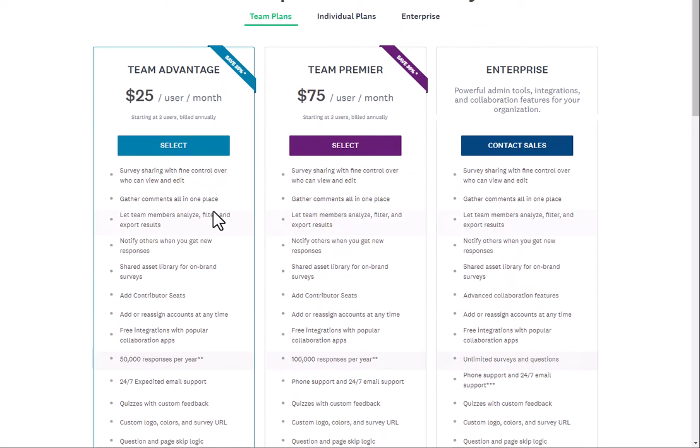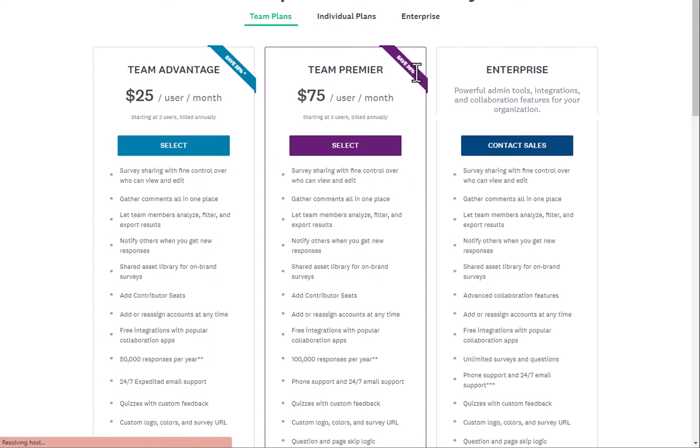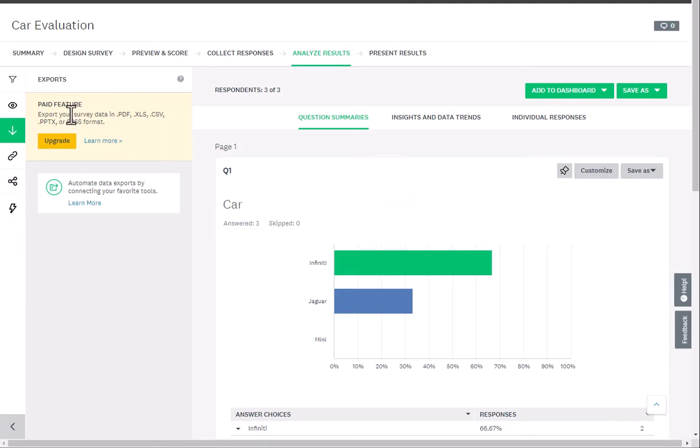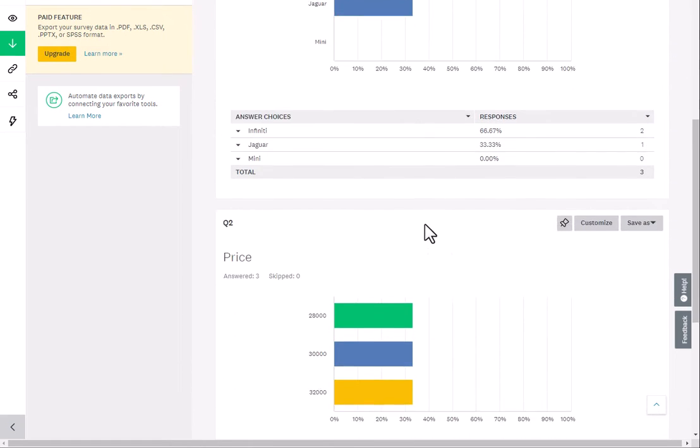So there's a cost, obviously, for team. If you want to do team, it starts at $3, and then you have the individual plans, which start about $40 a month, okay? So that'll enable you to do the exports and to be analyzing the data in this format,